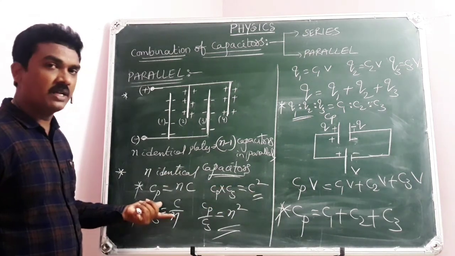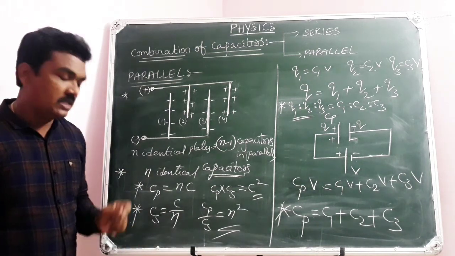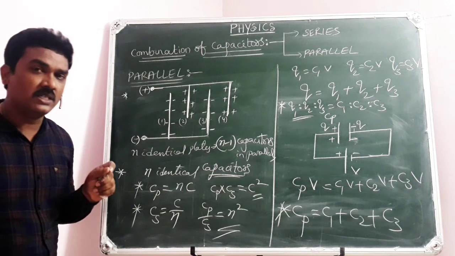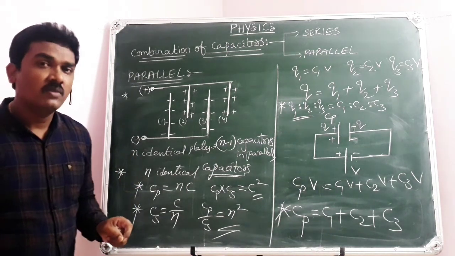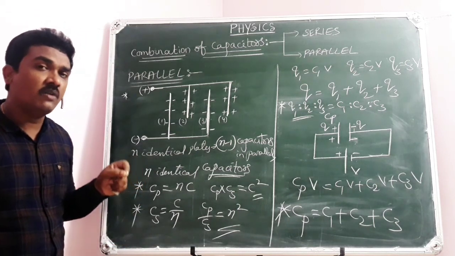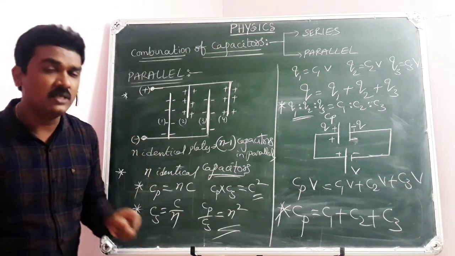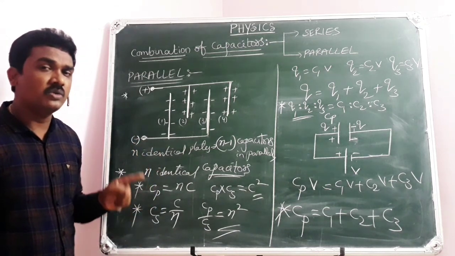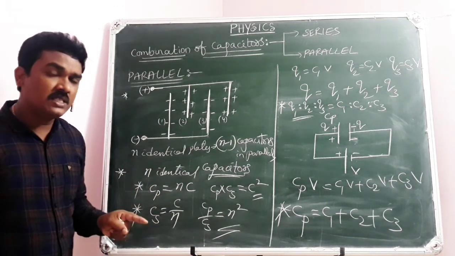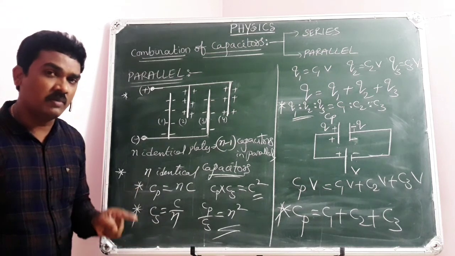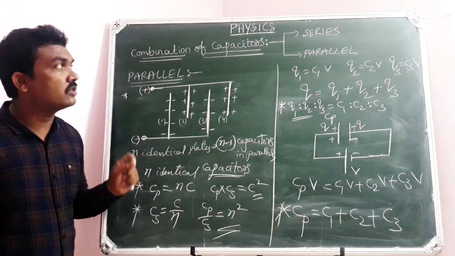This is a little bit more mathematical analysis connecting with combination of capacitors. So this is all for today's class. You have learned a few applications on effect of dielectric materials over the capacity, and the other thing is the combination of capacitors and the formula for equivalent capacity. In parallel, Cp equal to C1 plus C2 plus C3 and so on. In series, 1 by Cs equal to 1 by C1 plus 1 by C2 plus 1 by C3 and so on. It's all about parallel and series combination of capacitors.